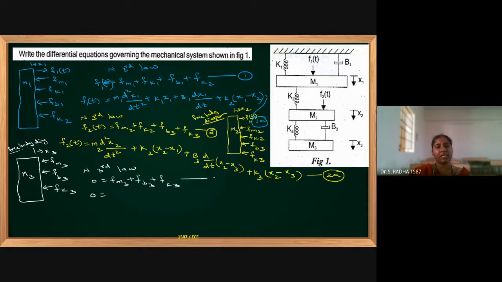Now I am naming it as equation 3. Now the force balance equation for the mass: only one displacement we have to use, d square x3 by dt square, plus B3 is connecting between the elements, so d by dt, I have to give preference to x3 because I am writing for M3, so I have to write x3 minus x2. For B3 and K3, two sides displacements are there, x3 and x2, but I have to write x3 minus x2 because I am writing for the third mass. Next, the last component K3, and I have to write x3 minus x2.